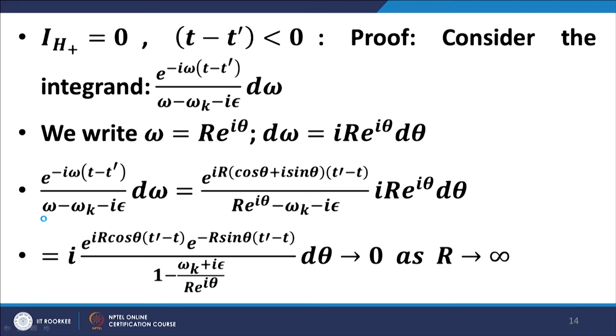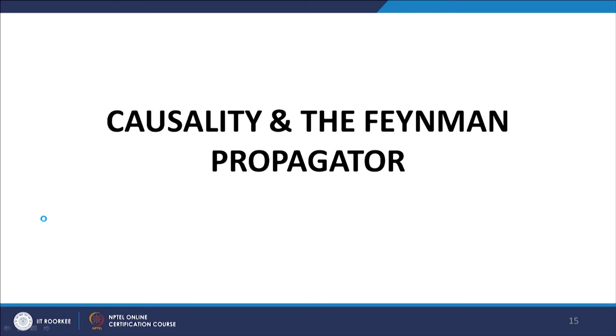Now, this is a proof, in fact, I have proved this earlier also. This is the proof that when t minus t dash is less than 0, then we close the contour with a semicircle in the upper half plane, because we want sin theta here. Please keep track of this: we are having t minus t dash is less than 0, and we are having e to the power minus r sin theta. So, we need sin theta to be positive in this case, and therefore, we close the contour with a semicircle in the upper half plane when t minus t dash is less than 0.